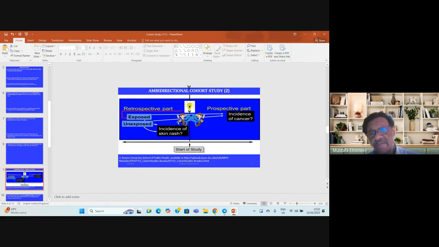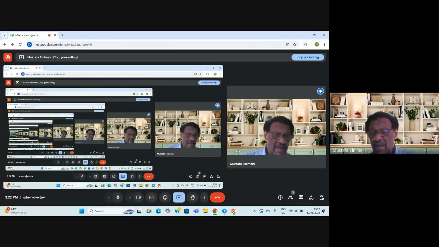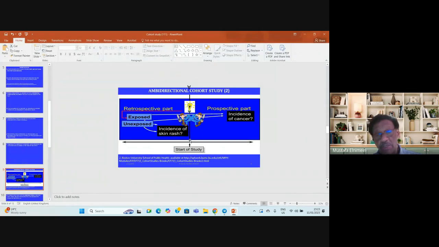Now we'll discuss the second type, which is the ambidirectional cohort study design, also called the retrospective prospective cohort study design. As we can see in this slide, which is available from the website of Boston University School of Public Health at the following address, you can go back and see it if you are interested. This is the point where we started the study, the date where we start the study, and then we look